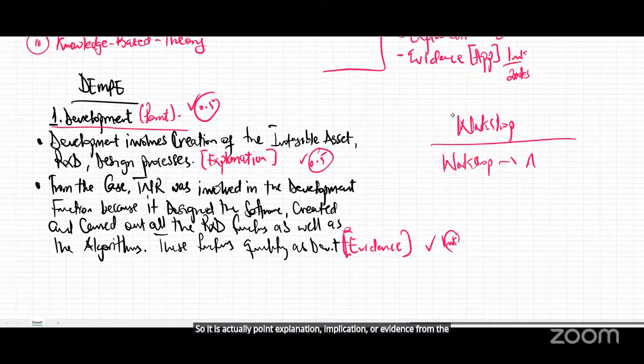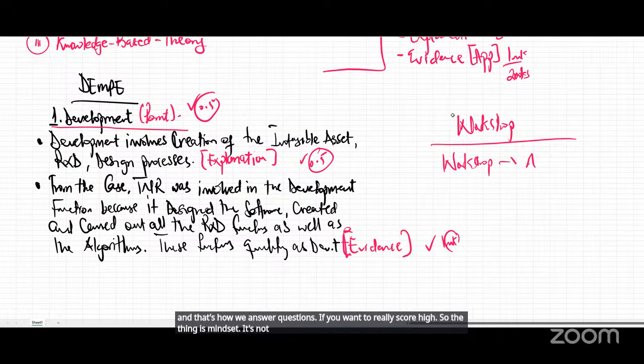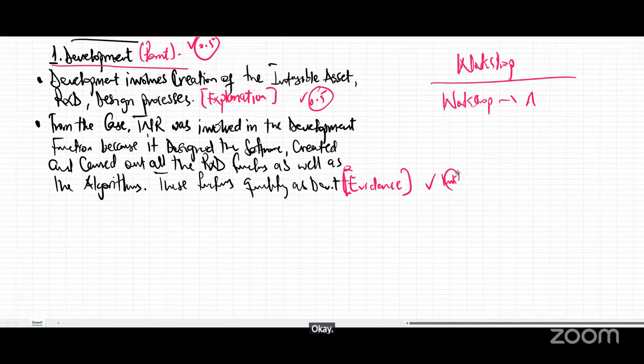And that's how we answer questions if you want to really score high. So the thing now is mindset. It's not necessarily knowledge. You can have all the knowledge. I have people who are even transfer pricing experts and they are still failing international taxation because they don't answer the questions well. But somebody with less knowledge can still go and score as high as 70. But I know most of you, 50 plus 1 is the pass. So these are some of the ways you answer questions to score big. I don't train people to score small marks unless you are not serious and you don't listen to what I tell you. So anybody who fails through my hand, I tell the person he's not serious, because whatever I give you is enough to help you to pass once. I've done it over and over again and I know what works.